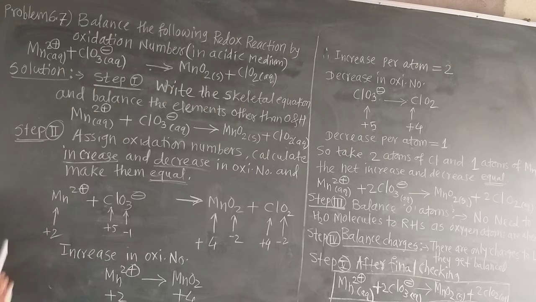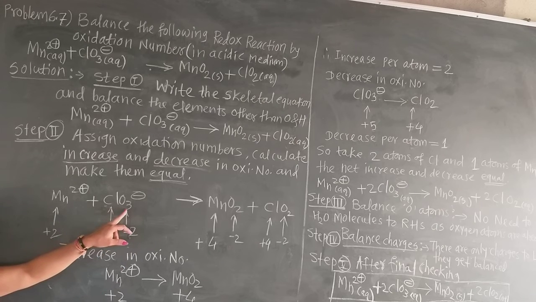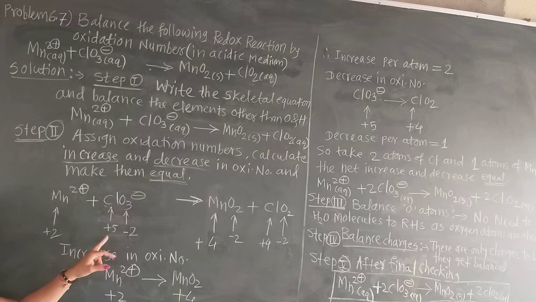Now there is the +2 charge on manganese, so it already has the oxidation number +2. Now here oxygen has the -2 charge. We know that oxygen has the -2 charge. So to balance this, there are 3 oxygen atoms. So 3 multiplied by 2, -6. To balance -6, there must be +6. But there is already one minus charge. So what is the oxidation number of this chlorine then? +5. Do you understand this?